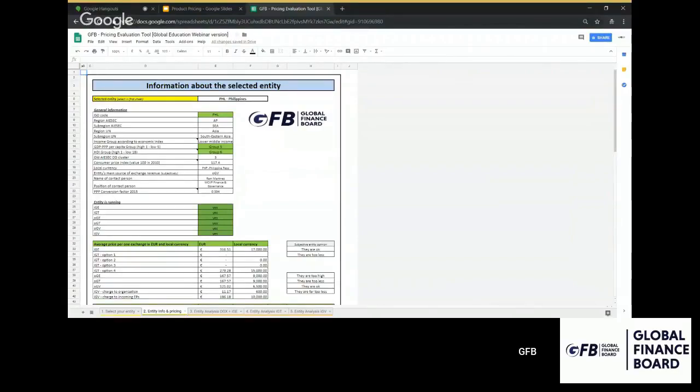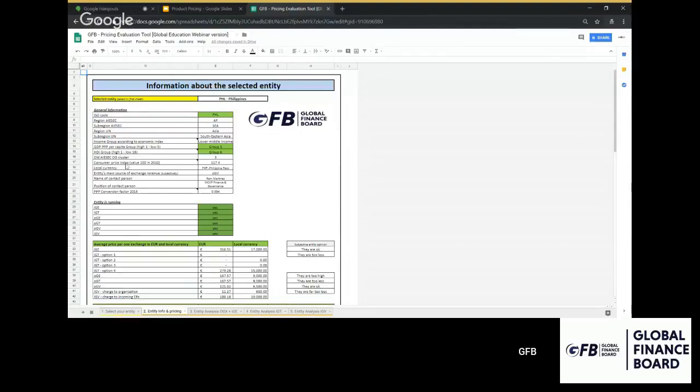Then second, entity pricing information is correct. Notify GFB if it is wrong. Then right hand side is your subjective opinion about the pricing. The first part is just the general information. So like the ISO code, the region, the sub-region in AIESEC, then region in UN, sub-region in UN, income according to economic indices. This entity is categorized lower middle income, then GDP PPP. The GDP PPP is gross domestic product to purchasing power parity, and HDI group or Human Development Index,